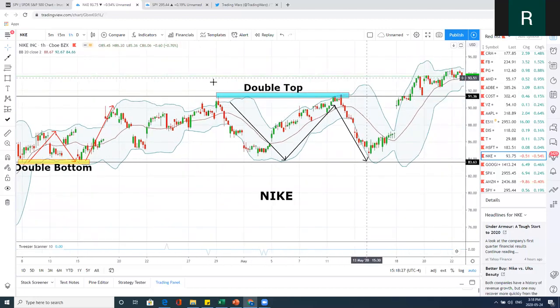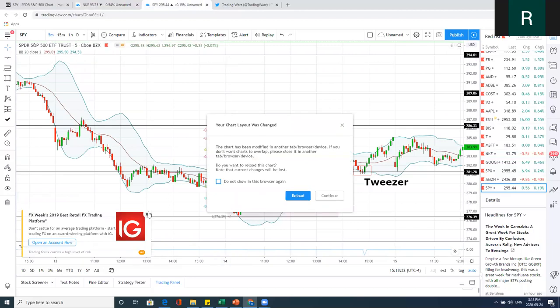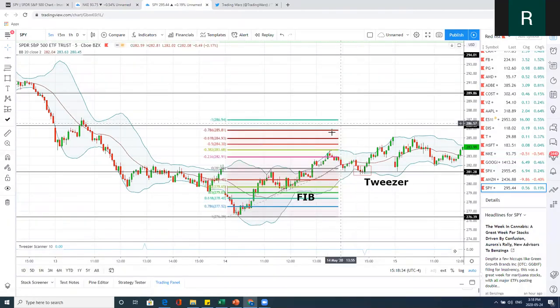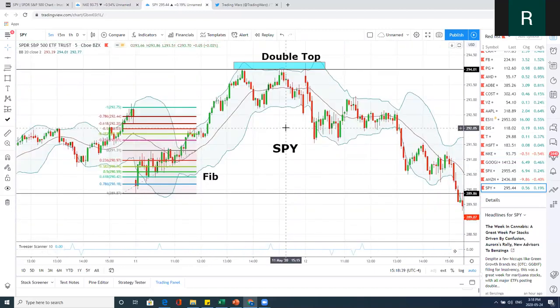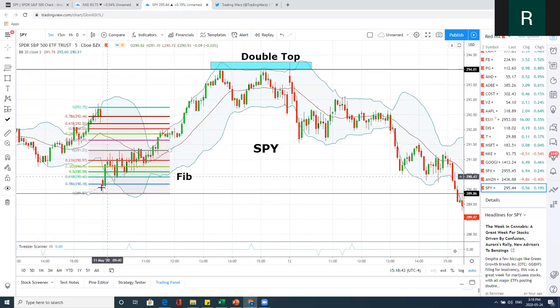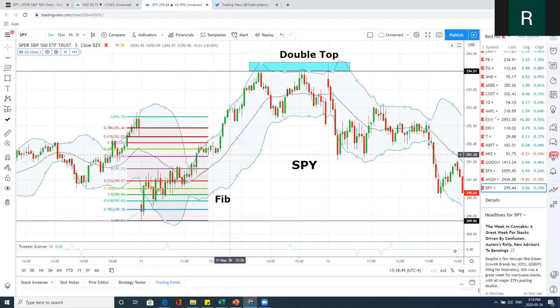Okay, so moving on to our final example, get rid of all these pop-ups, guys. We are looking at SPY, and we're looking at a 5-minute chart for some day trading opportunities. Okay, so we're going to start off with a Fibonacci setup. So a lot of times right off the open, guys, we'll have an impulsive move in one direction and we'll